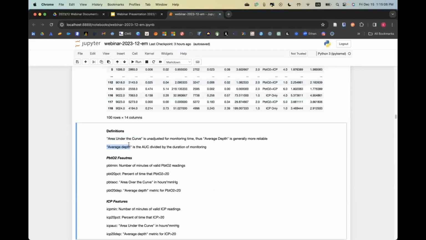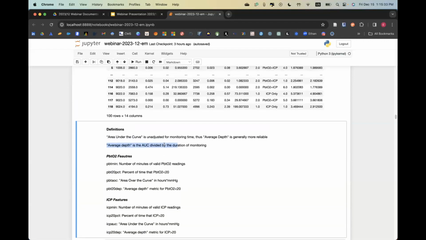And then the average depth is the AUC divided by the duration of monitoring time. So it's just a derived metric from this area under the curve concept, and then it's normalized to how long that it's been measured, because of course, if you monitor for a longer period of time, you're more likely to have more area accumulated.